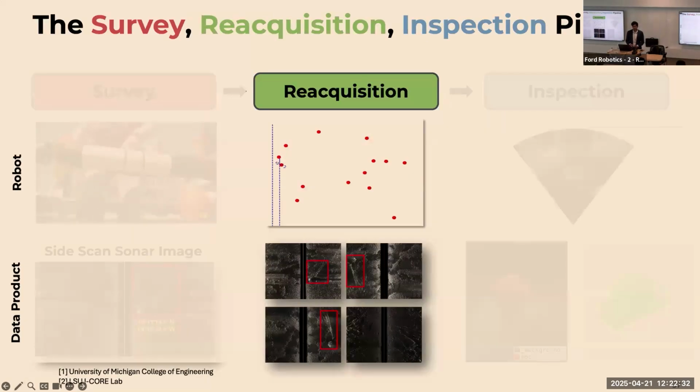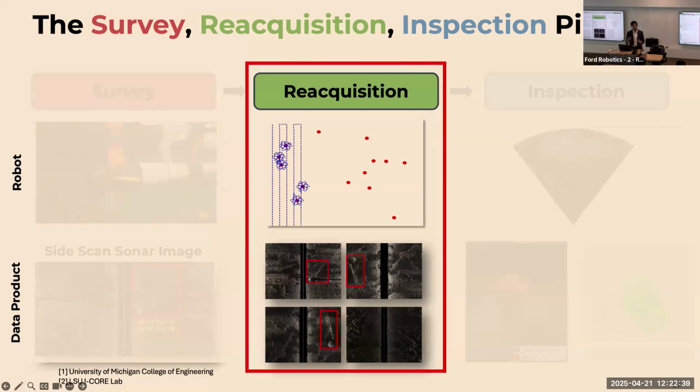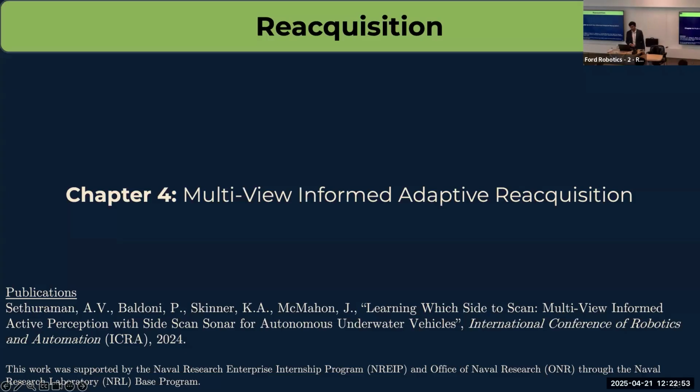So we move on to the reacquisition portion of this presentation now, which again is when vehicles are programmed to capture additional views from varying angles of objects that have been identified from the survey stage. Up until now, we discussed challenges with large area surveys to accelerate discovery of new objects of interest. But now we move on to reacquisition, where targets are revisited in order to understand what they actually are.